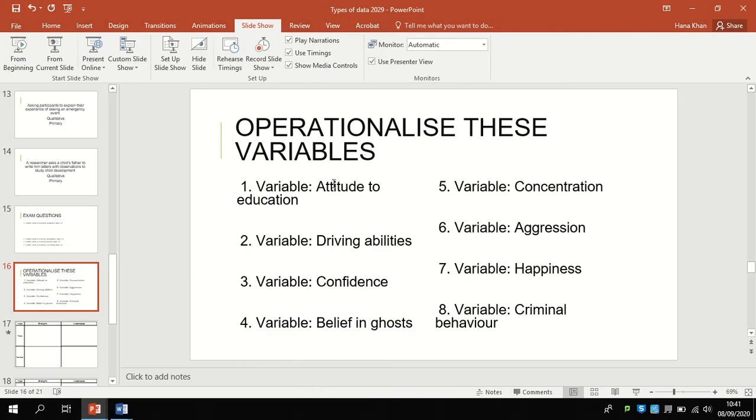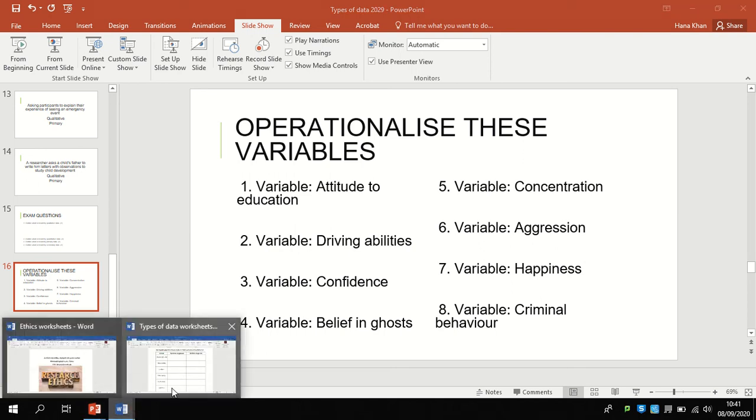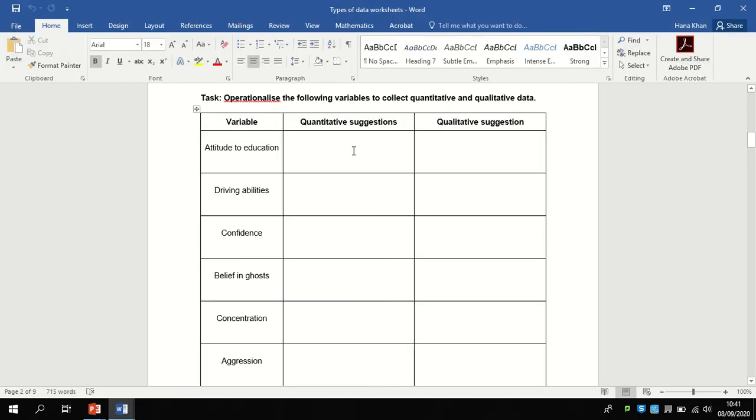Operationalize the following variables as qualitative or quantitative. So there's a number of different variables here. These are all DVs, okay? So attitude to education is a DV, driving ability is a DV. How would you measure that DV in a qualitative and quantitative way? So if I did attitude to education with you guys, and then you have a go and pause the video